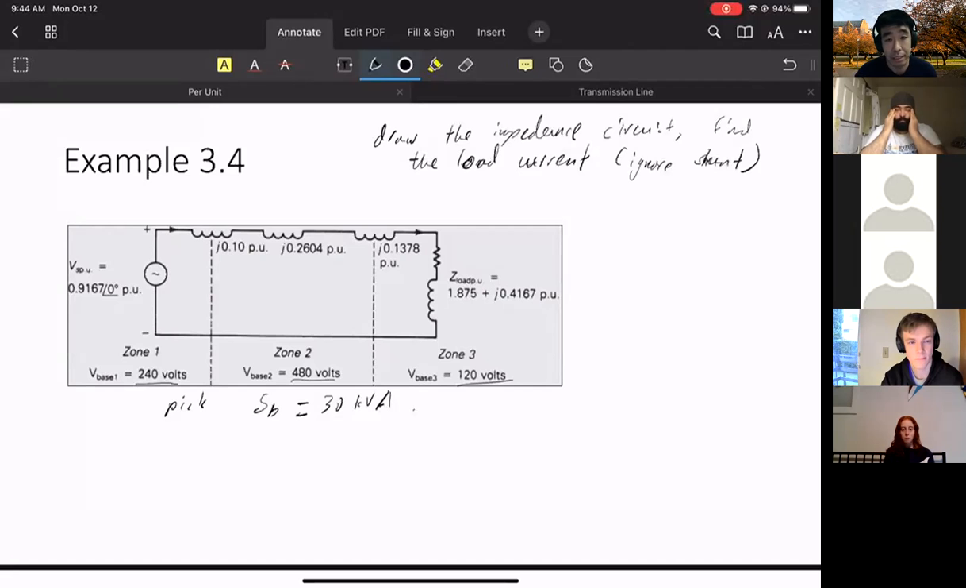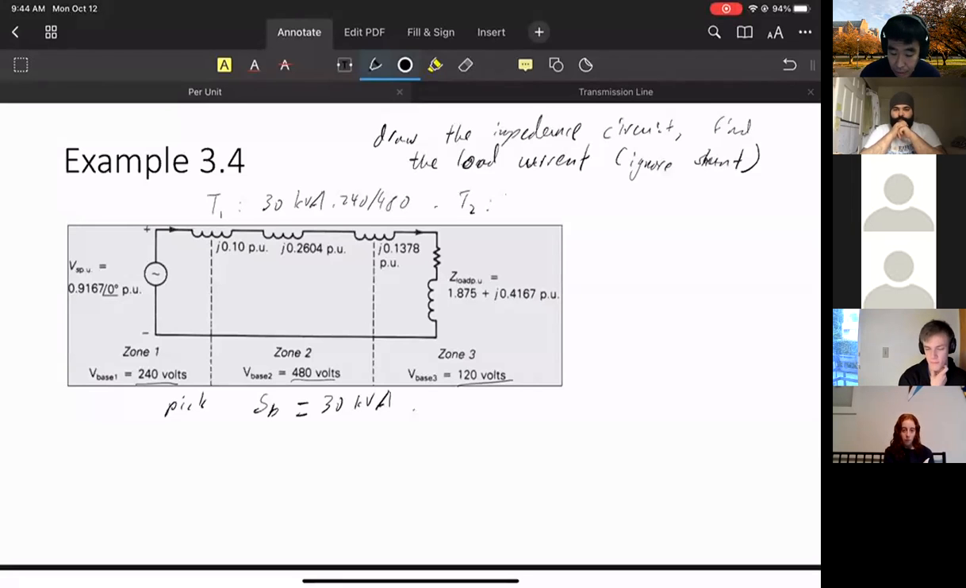I have a question. Yeah, go ahead. When you were choosing the base unit for the power, how did you come across 30 kilovolt-amperes? I know we're not normally going to have to do it, I'm just curious. Oh, if you read the textbook, it gives a little more information about the first transformer. Here we're going across a transformer, right? This T1 is rated at 30 kVA, 240, 480. T2 is rated at 20 kVA,